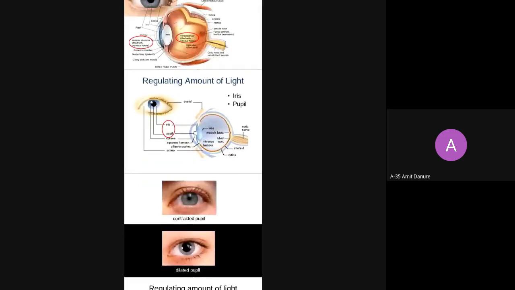How can images be acquired in our human eye? If we want to visualize an image clearly, there are two important parameters in our human eye: one is the iris and another is the pupil. By using these two things, we can easily identify an image. How is the image formed? When sunlight falls on an object, consider there is one object. First the sunlight falls on a particular object, then the object reflects the light towards our human eye.